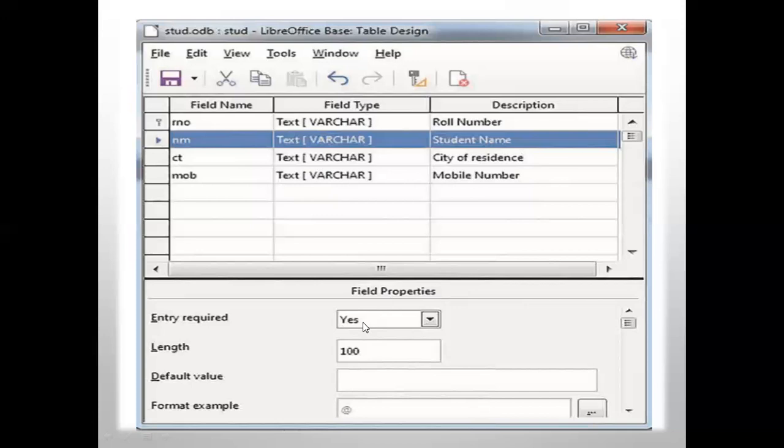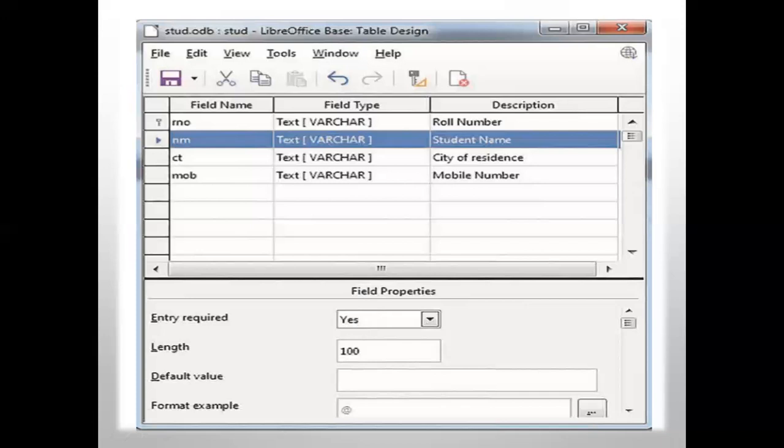Entry required, yes, then it will force you to type something. Specify the length here, how much you want, the default value, etc. In this way, create all the fields one by one. For each one, you have to type if you want, change all these, or otherwise entry required is yes.